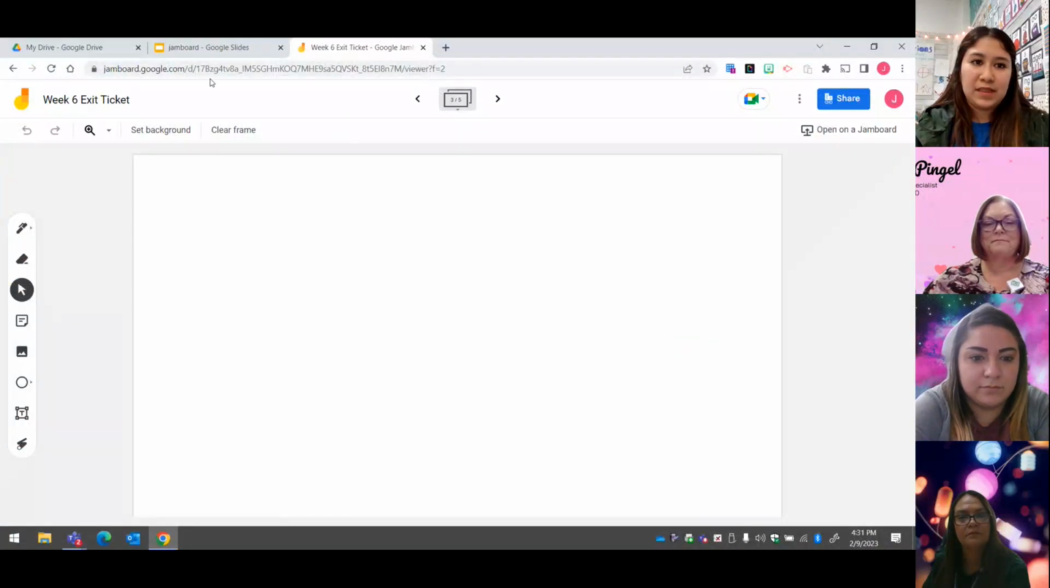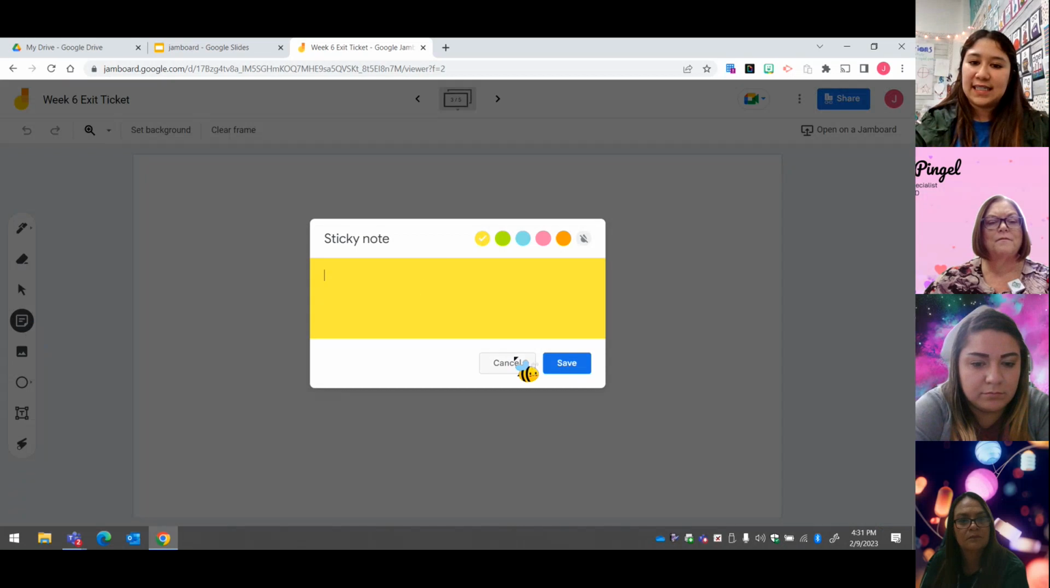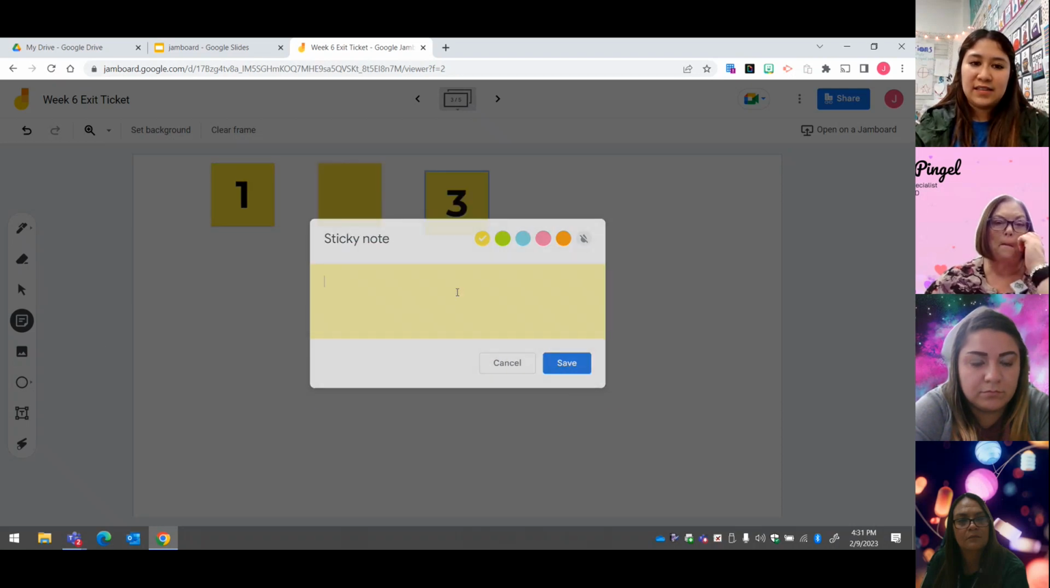And here we are, right? So what I'll do is put the whole background out, and then I'll add the stickies. I'll save them. I'll put their name, or their number. We can do that. Save it. And then